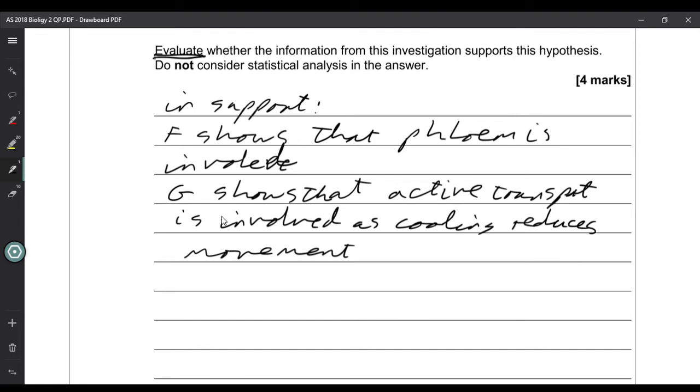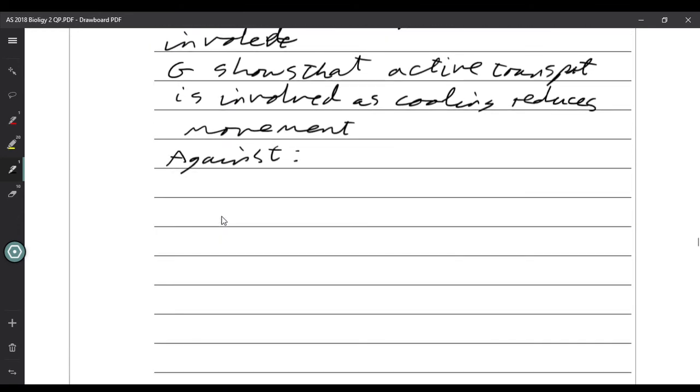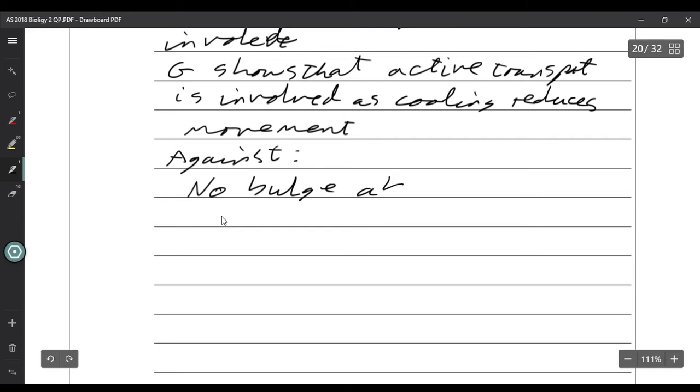So against the hypothesis, we don't see any bulge above the ringing in F, which we would see as part of the mass flow hypothesis. So we don't see a bulge above the ringing in F,